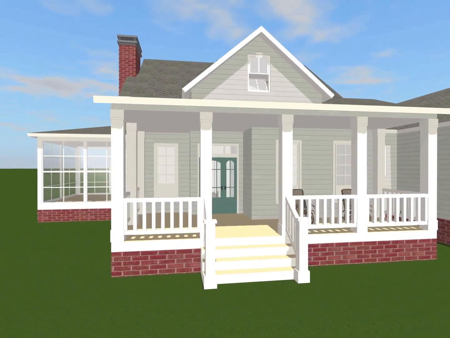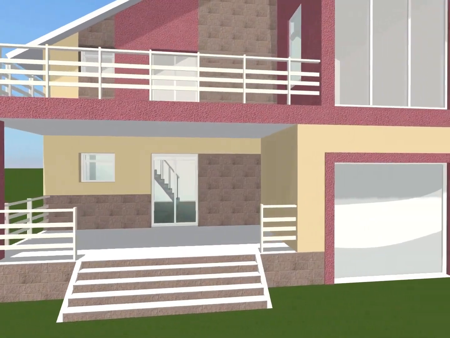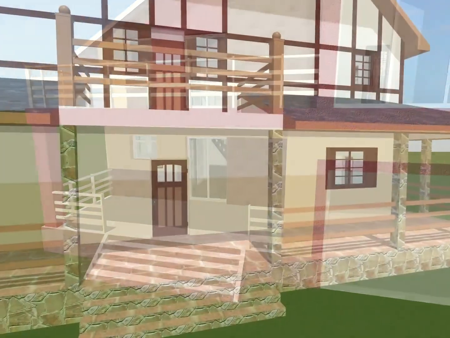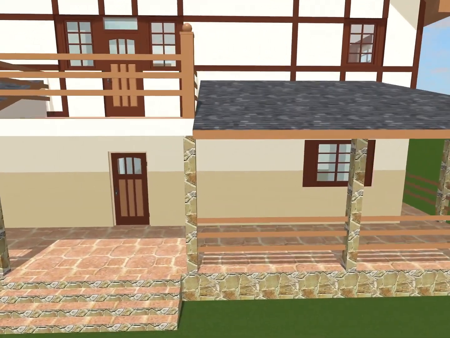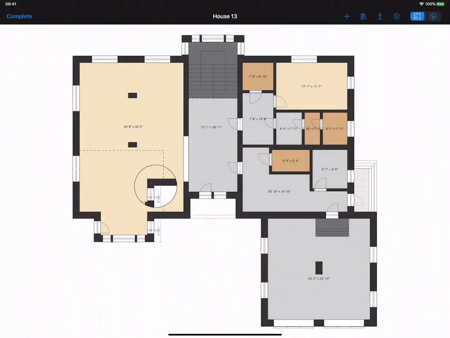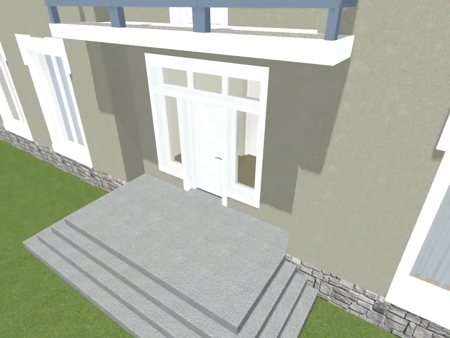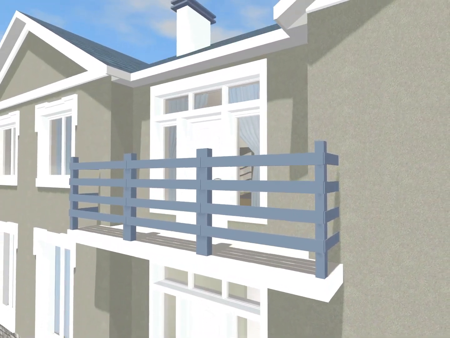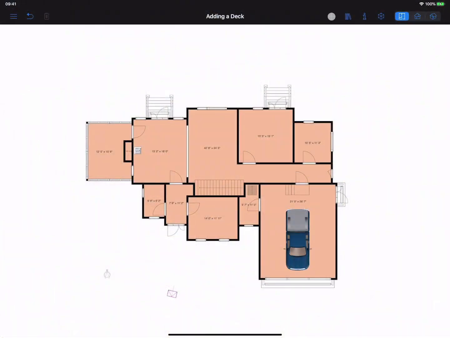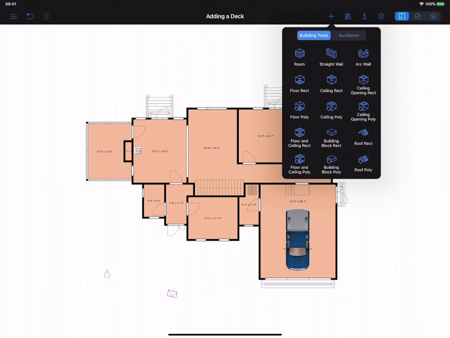Adding a deck in Livehome 3D is one of the most creative tasks. In the basic version of the app, the only way to create a deck is by combining the floor tool and several modified shapes from the library. We covered this technique in the Making Balconies and Simple Porches video. This time we will focus on additional features of the Pro version and tools that assist with deck building.